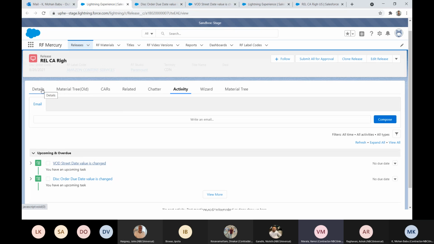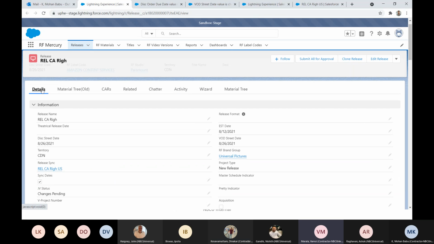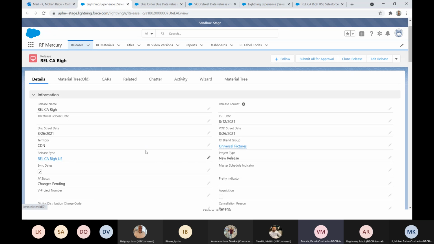That is a totally integration process. That is in development and in progress from the JV side. That's not from our side. From our side, as of now, master data is closing all the tasks. Once all the tasks in the particular release are closed, then the release will go live.